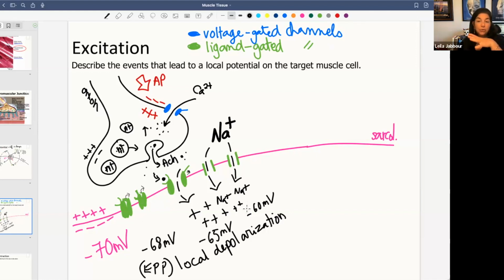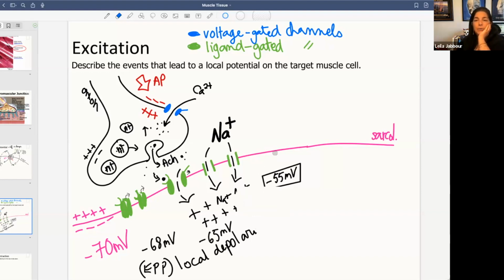Okay, so this is a local depolarization. And if enough sodium ions come in that we finally reach negative 55 millivolts, that's the threshold. I'm not going to write the word threshold, but you should know it. The threshold is negative 55. When negative 55 is reached, this will depend on the number of channels that open and what kind of ion comes in. Are we bringing positive charges or negative charges? That's going to go in the opposite direction. So once you have reached the threshold, now you have